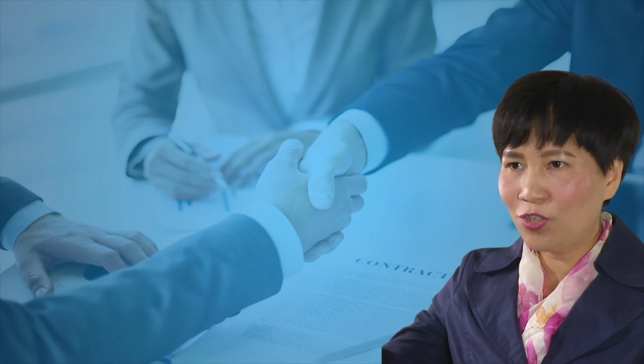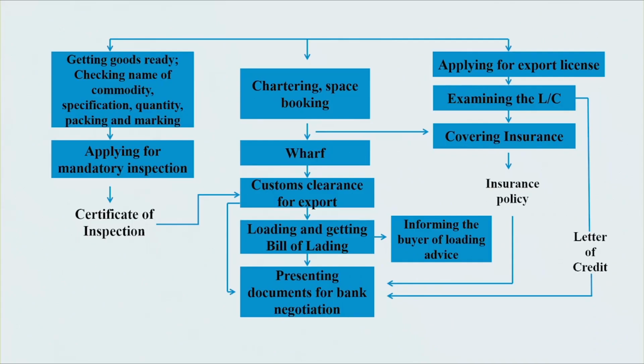The third stage involves the preparation and performance of an export contract. First, apply for export license. Generally, the exporter needs to apply for the export license from the authority after the contract is signed. Next, examine an LC. Under a contract with the LC as its payment term, the importer is required to open